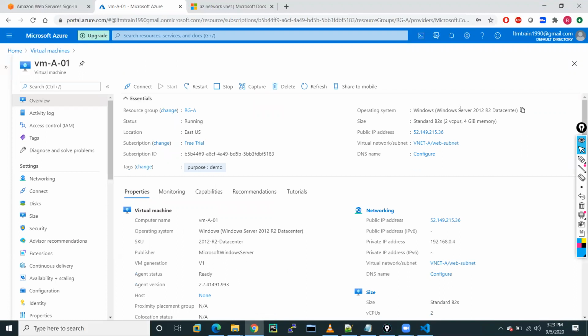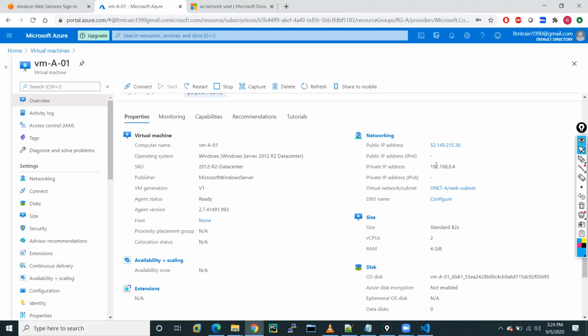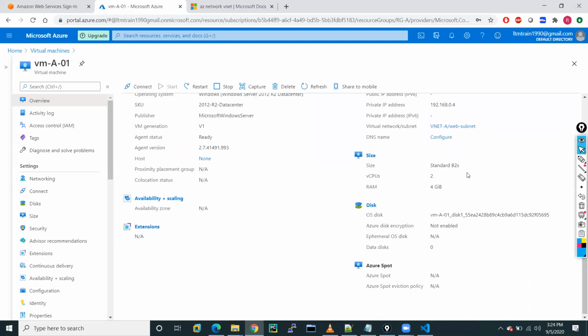Like this is the operating system, this is the size of your VM, this is the public IP address of your VM, this VM is right now running, this is the resource group name, DNS is not configured, this is the VNet and subnet. This is the public IP and this is the private IP address of your VM. This private IP is from our web subnet range, right? All details you will get here.